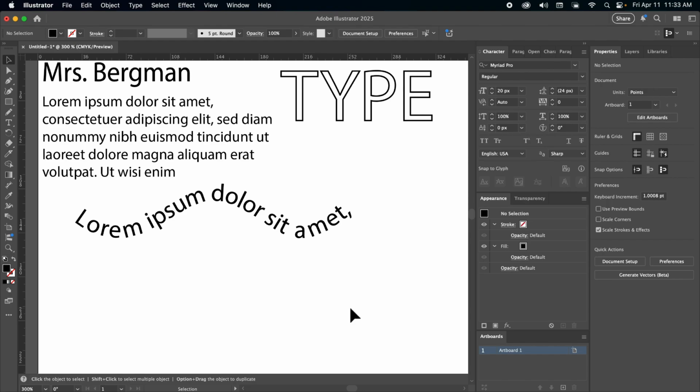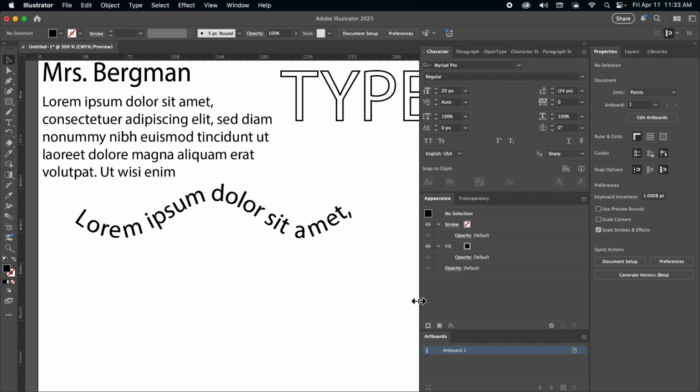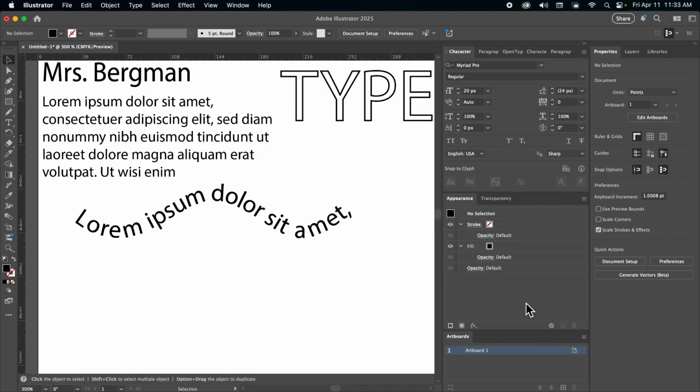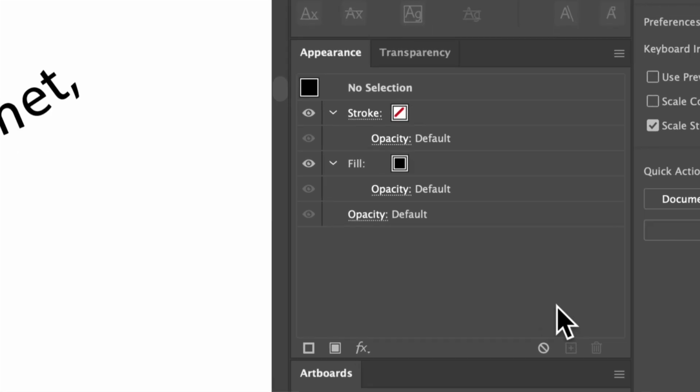All right. So before we get into the last few things on the back, I want to take a look at the appearance panel. So I'm going to zoom in on it here, up on the screen. There we go.